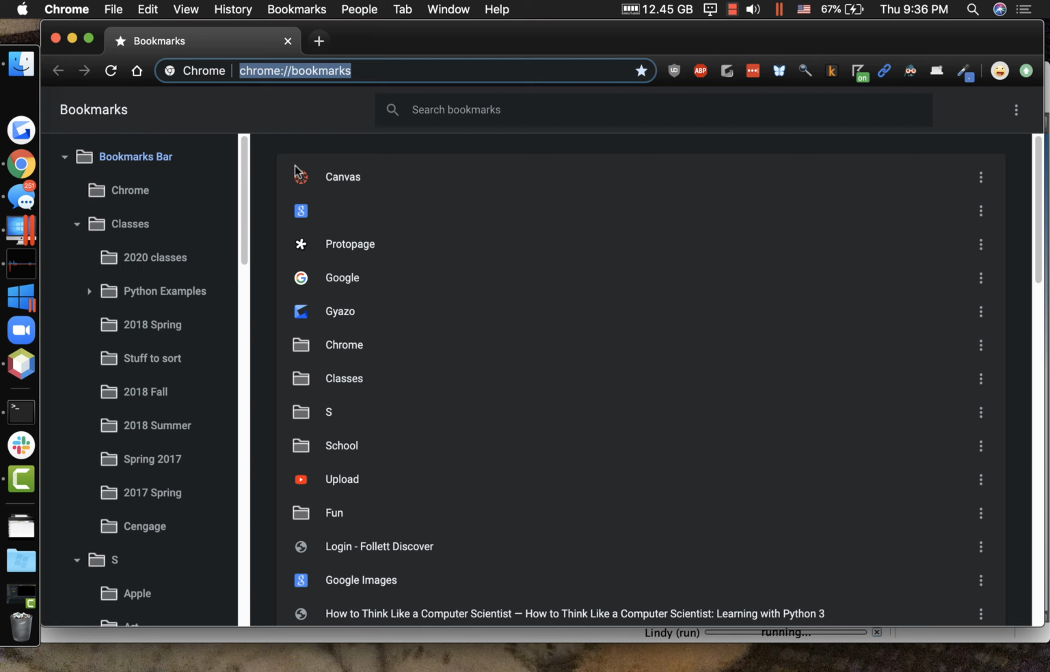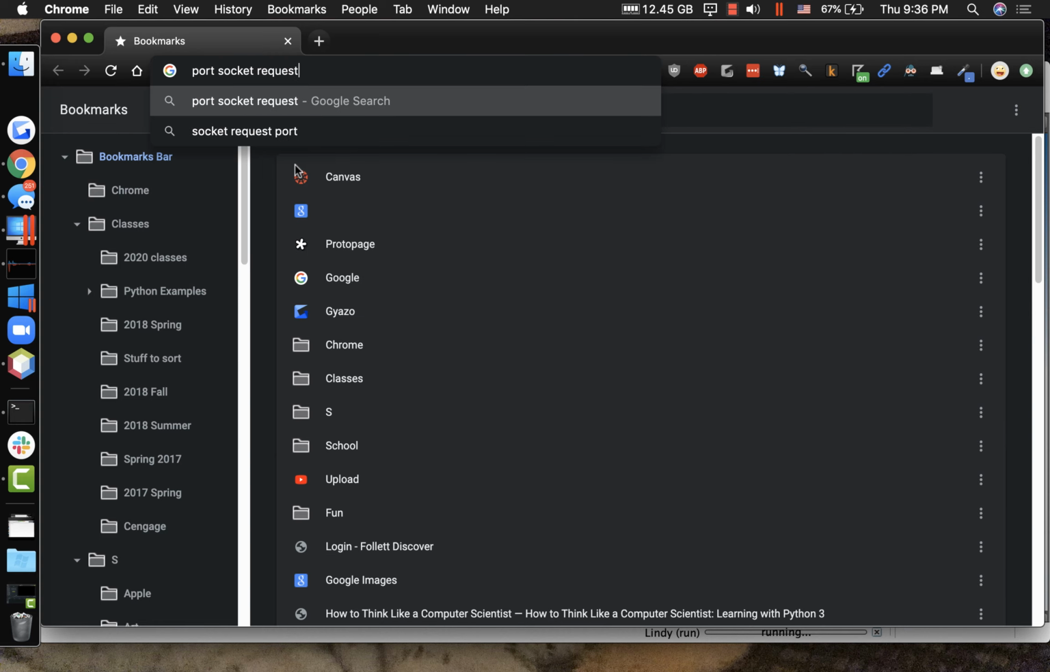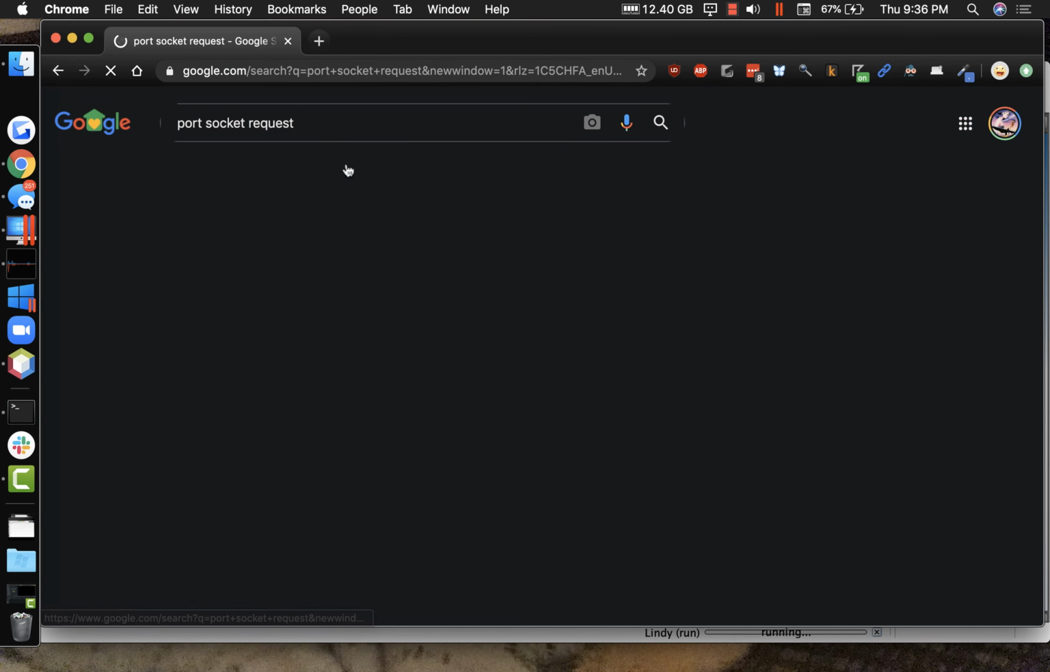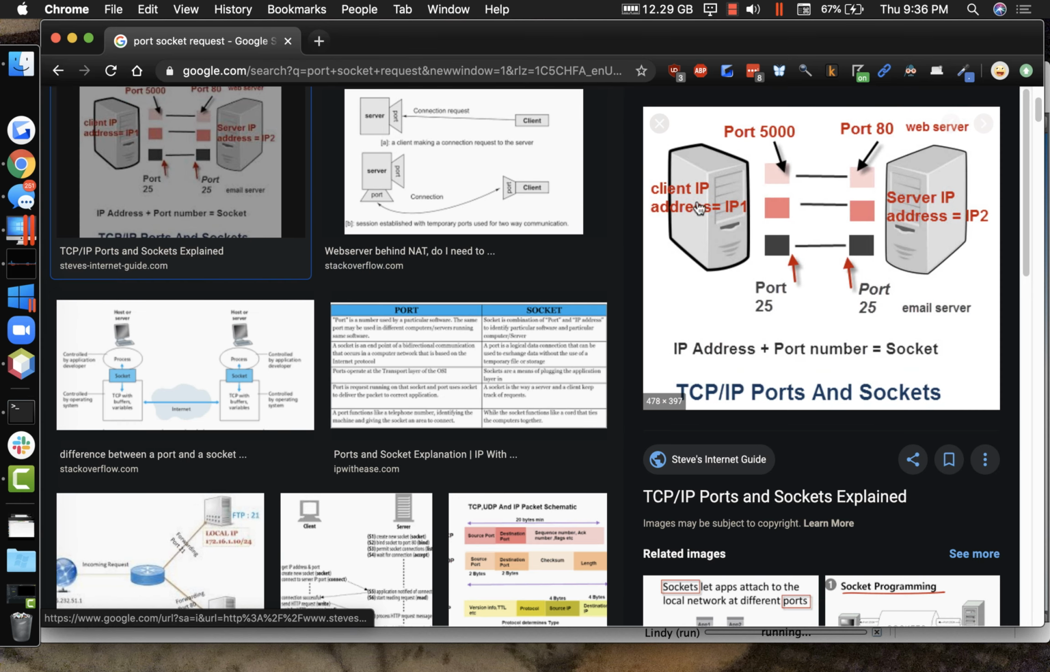Let's do a little Google search for port socket request. See if we can just find a little picture. So if you have a machine and you want to make a request of another machine, say you have Safari sitting there in front of you. Well, nobody's going to be using Safari most likely unless you're on your phone, but you have Chrome or whatever and you want to download something from Google. Then what you need to know is the IP address. Well, you don't need to know it, but your machine definitely does, of the remote server and what port number